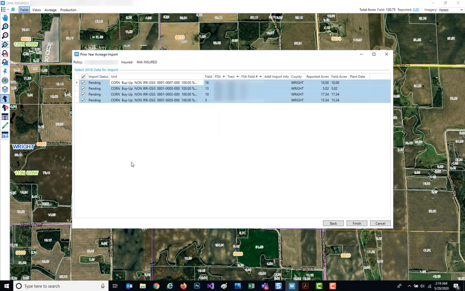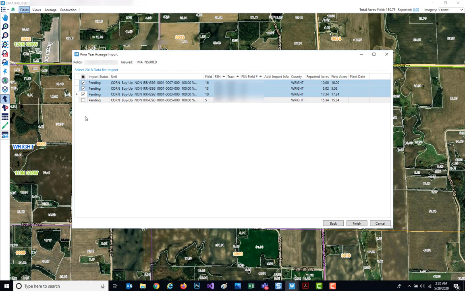To quickly touch on the other fields in this window, you can see here this first column is the checkbox column. Automatically, when you come in, this column is going to default as checked. To uncheck lines, or all of the lines at one time, you can uncheck this top box and they'll deselect for you. Then you can come in and individually pick which lines you would like to import into the current